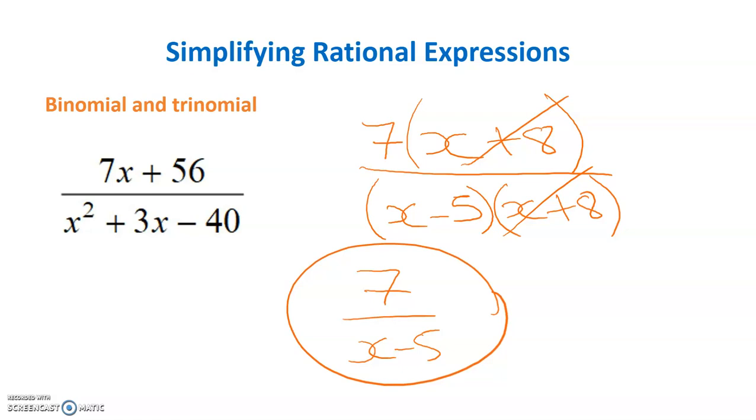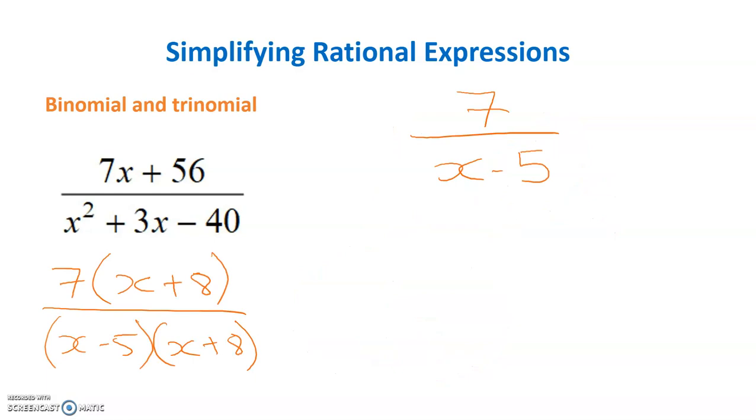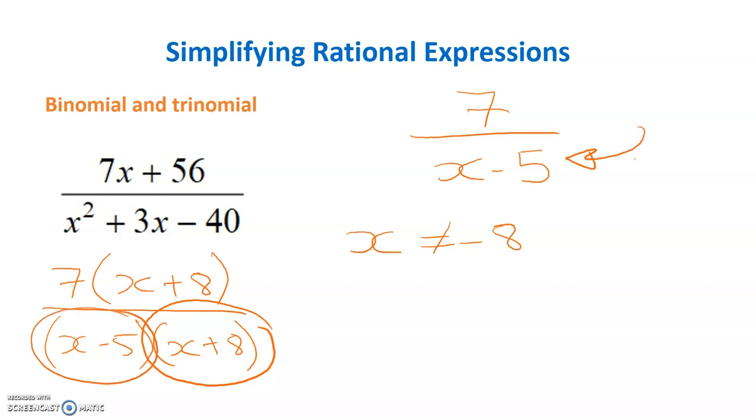However, we need to take into account the exceptions for x. Now our denominator can never be 0. So if we have a look over here, we still have an x plus 8 in the denominator, even though it's cancelled out. So for this term to be 0, x would be negative 8, so therefore x cannot equal negative 8. And then for this term to be 0, or what we're left with in our denominator, x can